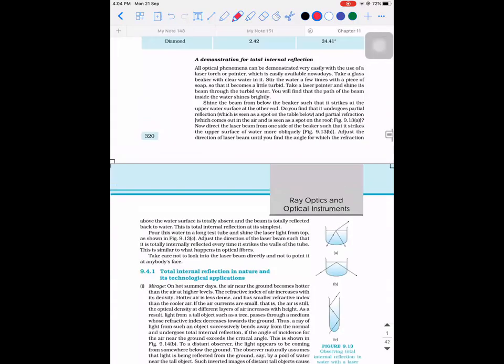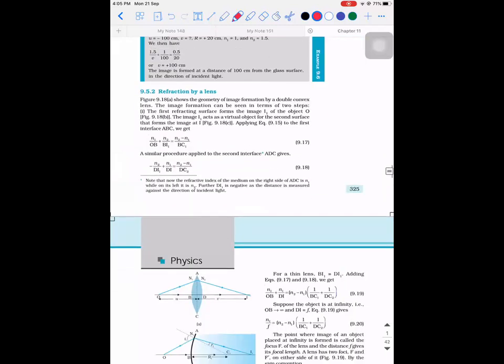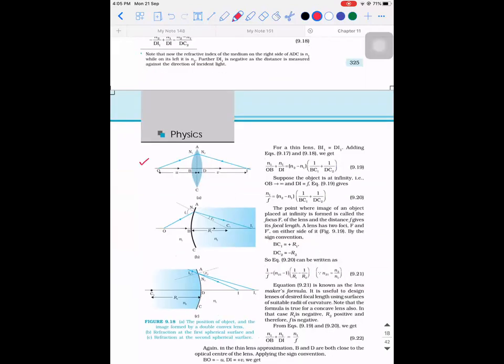See, this is the diagram. Observe. So what is considered? A biconvex lens is considered, and the biconvex lens is broken into two parts. At its center, it is broken into two halves, such that one half will be like this. So this is the first refracting surface. Are you able to understand? For the second part, the right surface.